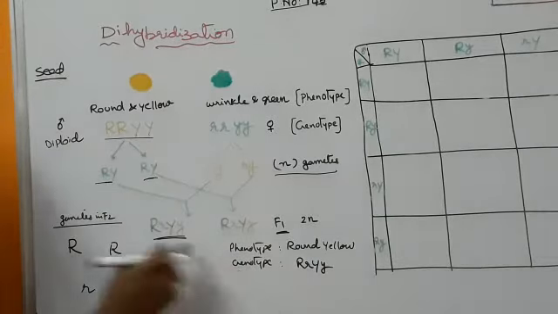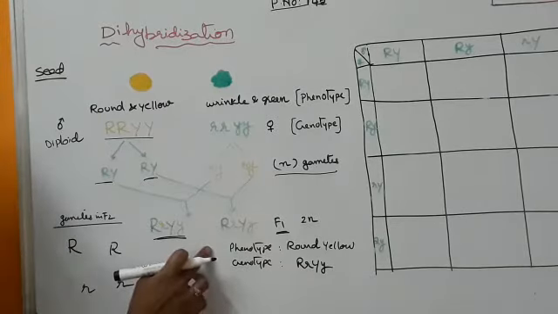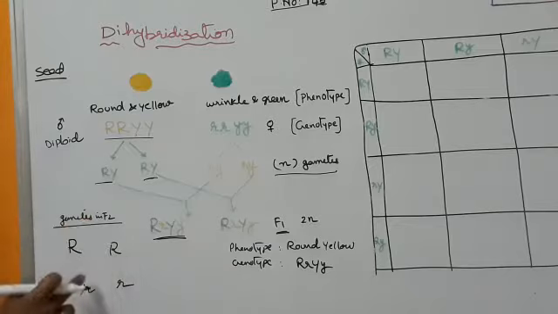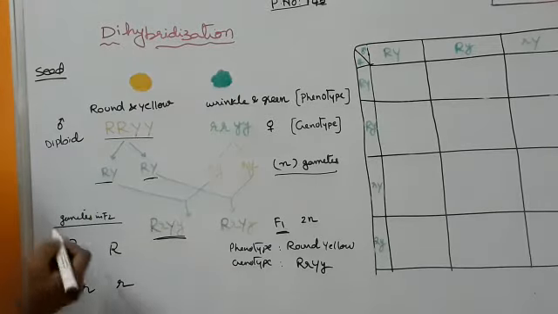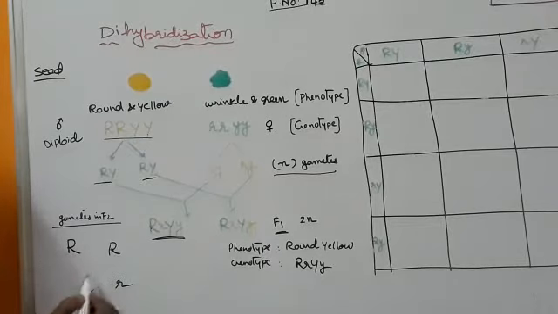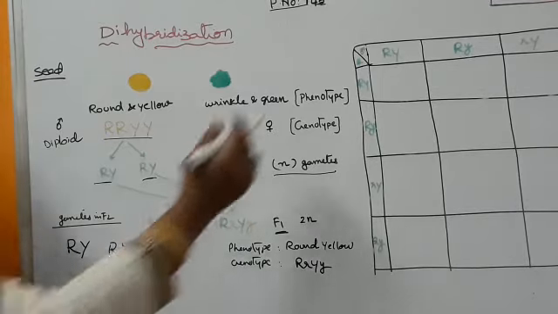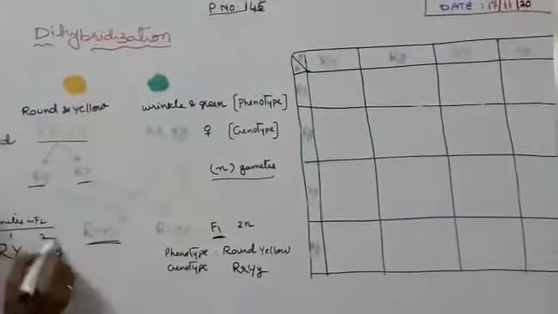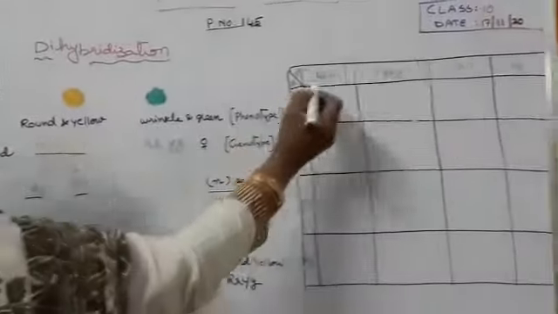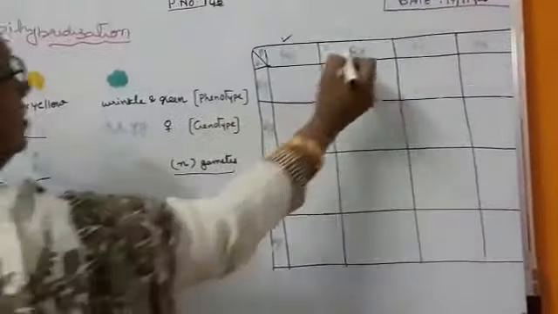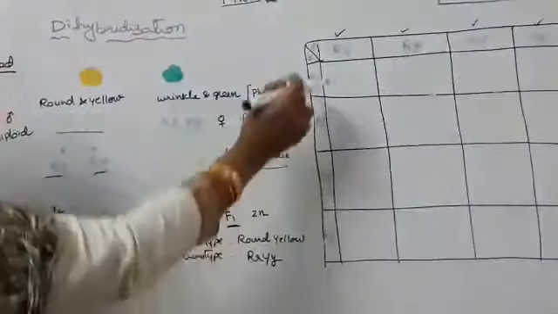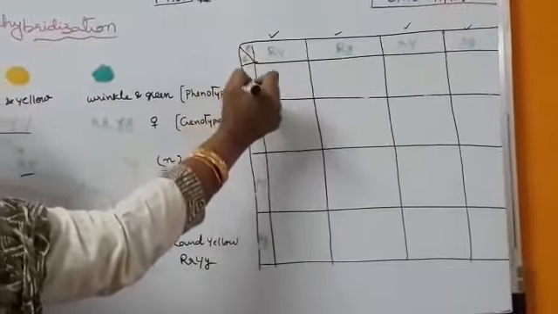Now, in the F1 generation, we will write gametes. Again, the F1 generation is 2n in number. How to write gametes? I explained. Capital R, two times you write. Capital R, small r, small r. The other contrasting letter will be there, no? Once capital, small. The same thing I mentioned here, you see. This is 1, 2, 3, 4. The first is the same one, yes. The second one, yes. Third one correct, fourth one is correct. So this is mother, this is father, and this is mother. In this way we wrote. So both we have to fuse it and write.